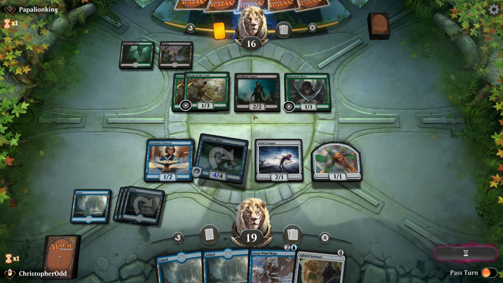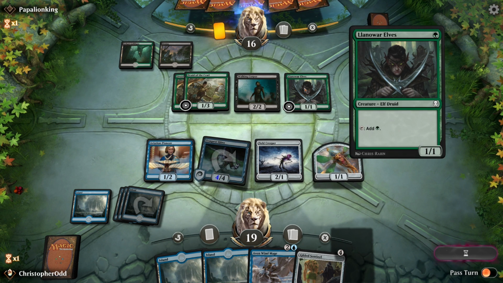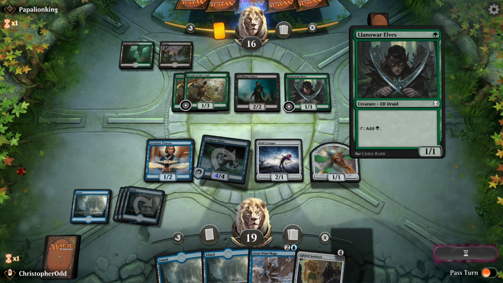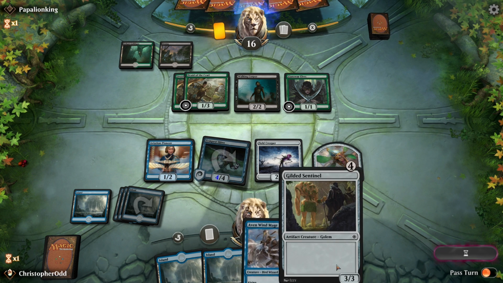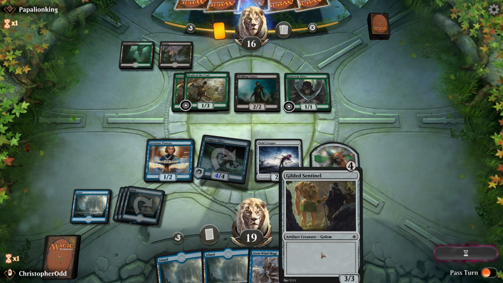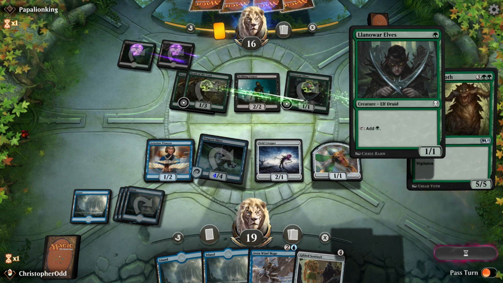I think this is probably what he's evaluating right now: if I tap all these guys to add lands, what am I going to be dealing with next turn? Now, he doesn't know that we don't have anything to deal with a giant creature. If he brings out something big, we're in a bit of trouble. Because technically he could go...